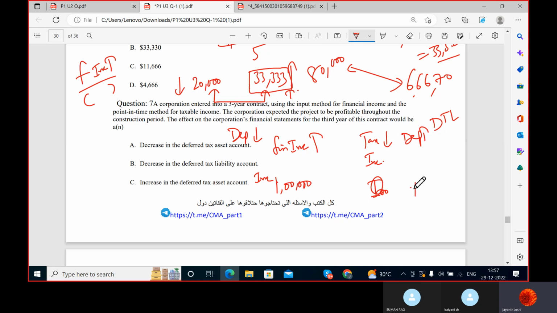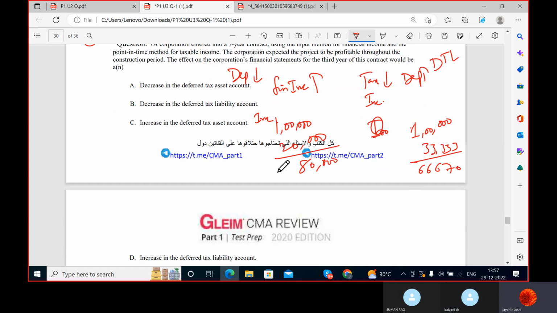Actually, without any differences, they both will give 1 lakh income, na? But here difference is getting created, na? Because of depreciation. Here the depreciation is 20,000. So what is your income? 80,000. Here depreciation is 33,333. What is your income? 66,670. Now you tell me, suppose 30% is the tax, you have to pay 24,000 here